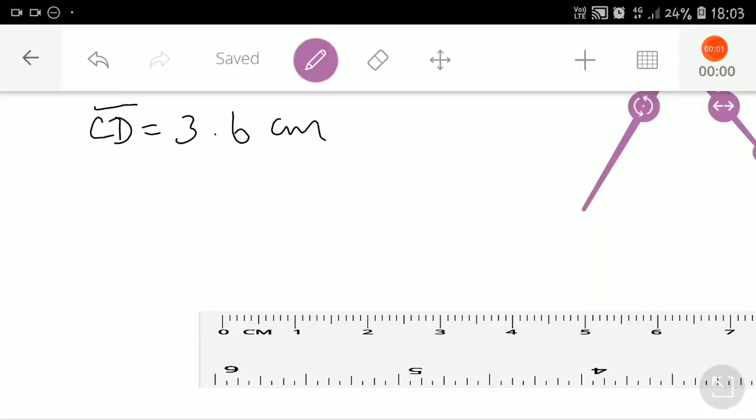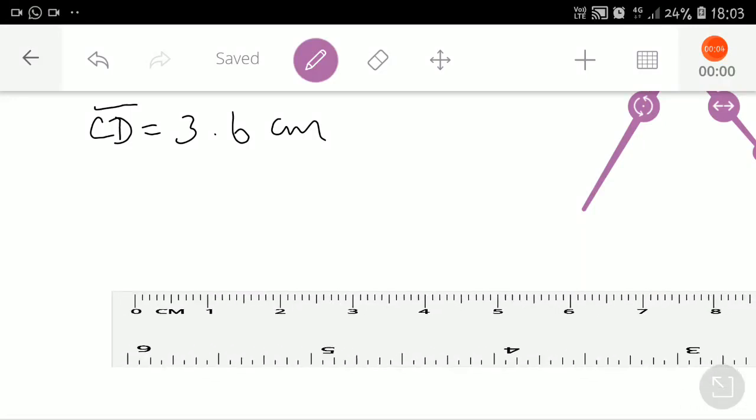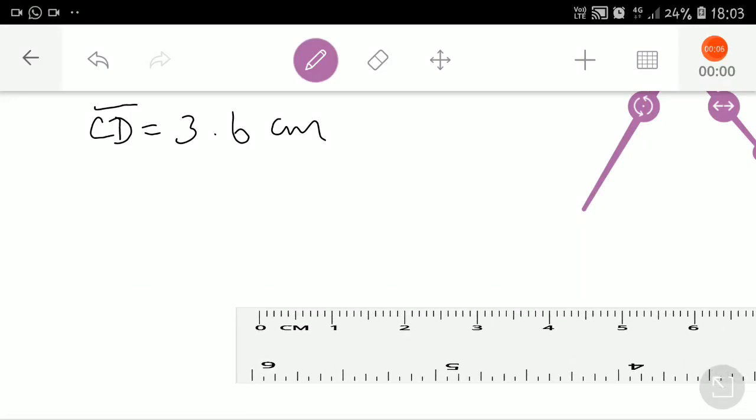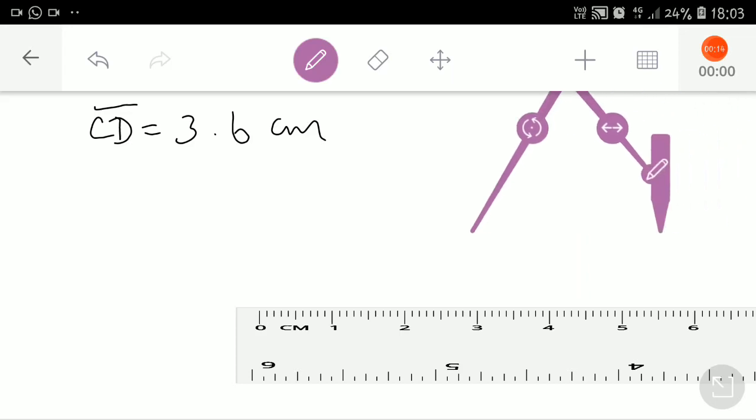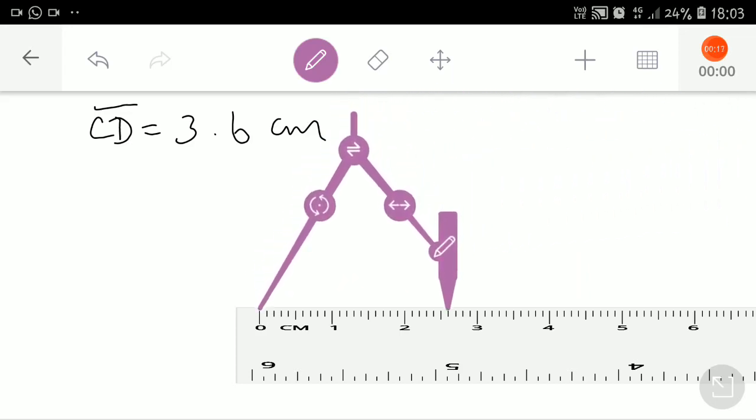Okay? Now you take your scale. This is a scale, right? In this you are going to measure 3.6. You are going to draw a line segment CD of 3.6 centimeter. In order to draw that, first take your compass and then this pointed end should be kept exactly in this 0. Okay? And when you are drawing, your eye should be looking directly at the number. You should not tilt your head and look in the left side or in the right side. Okay? So the one point of that is the pointed end of that compass will be in 0 and the other point you are going to measure it at 3.6 centimeters.